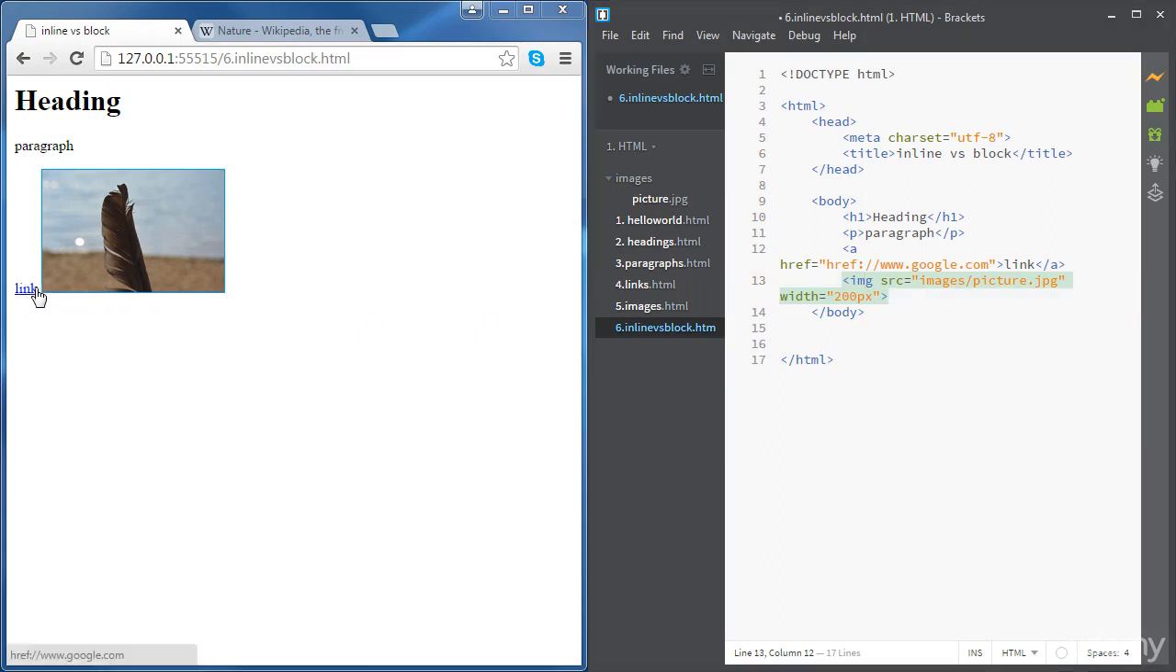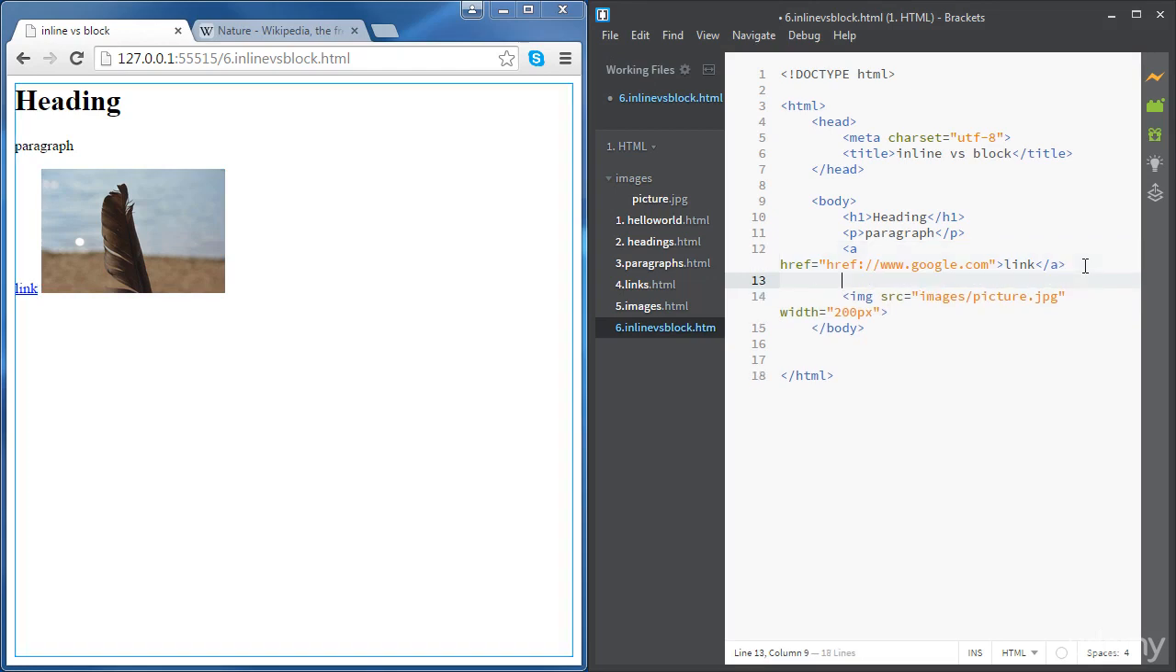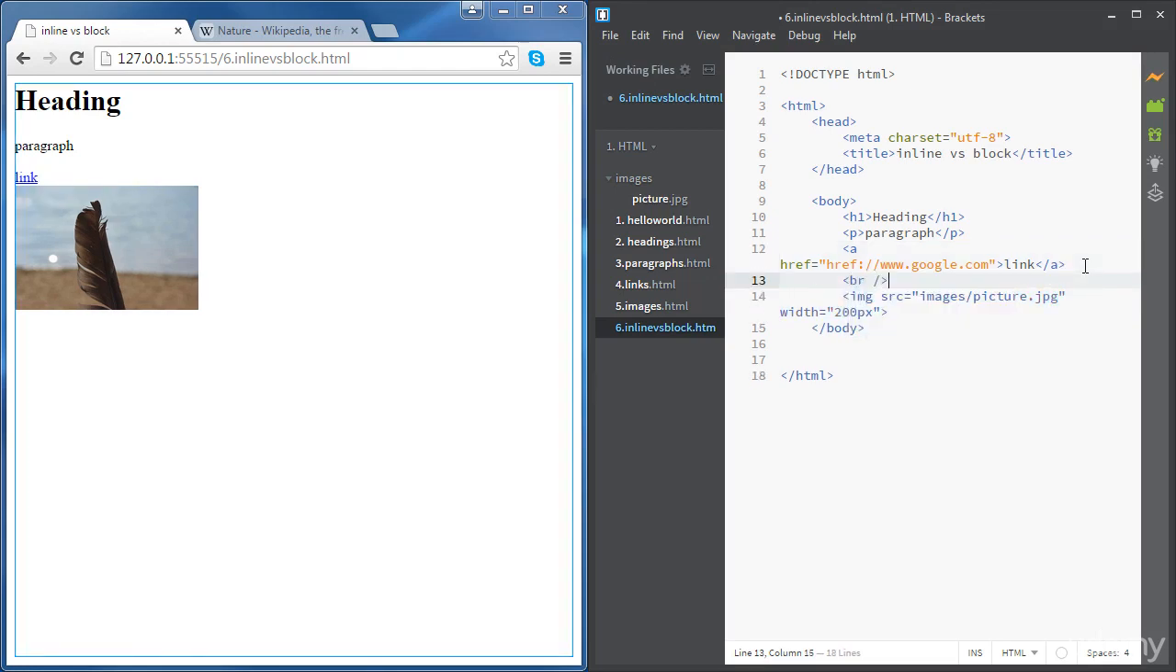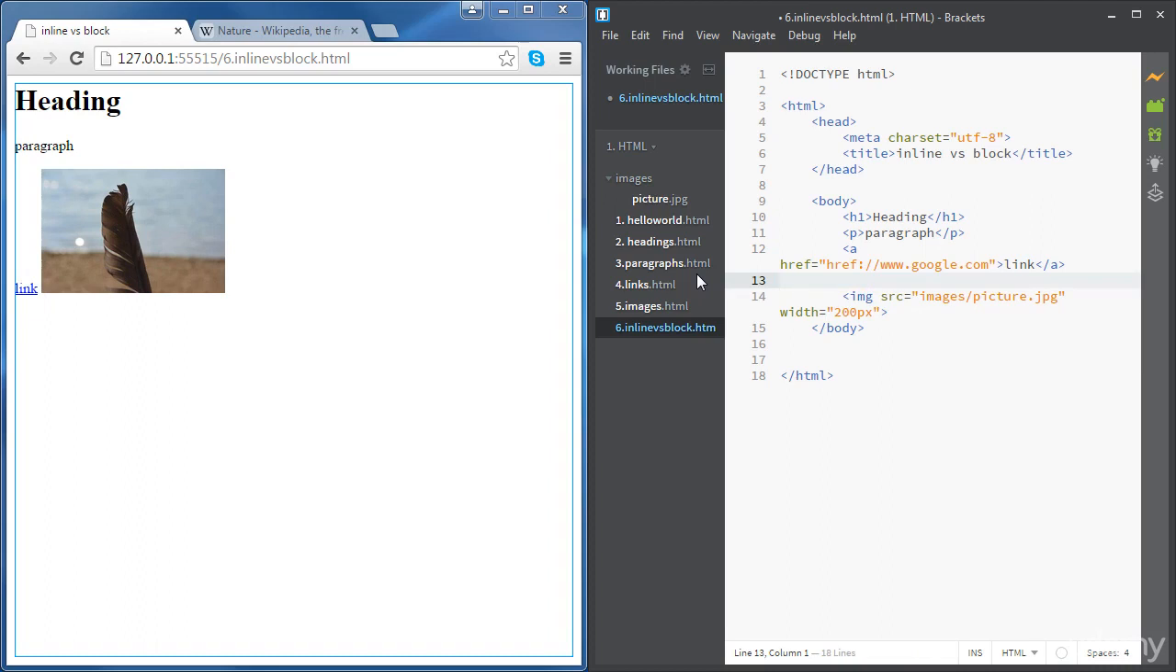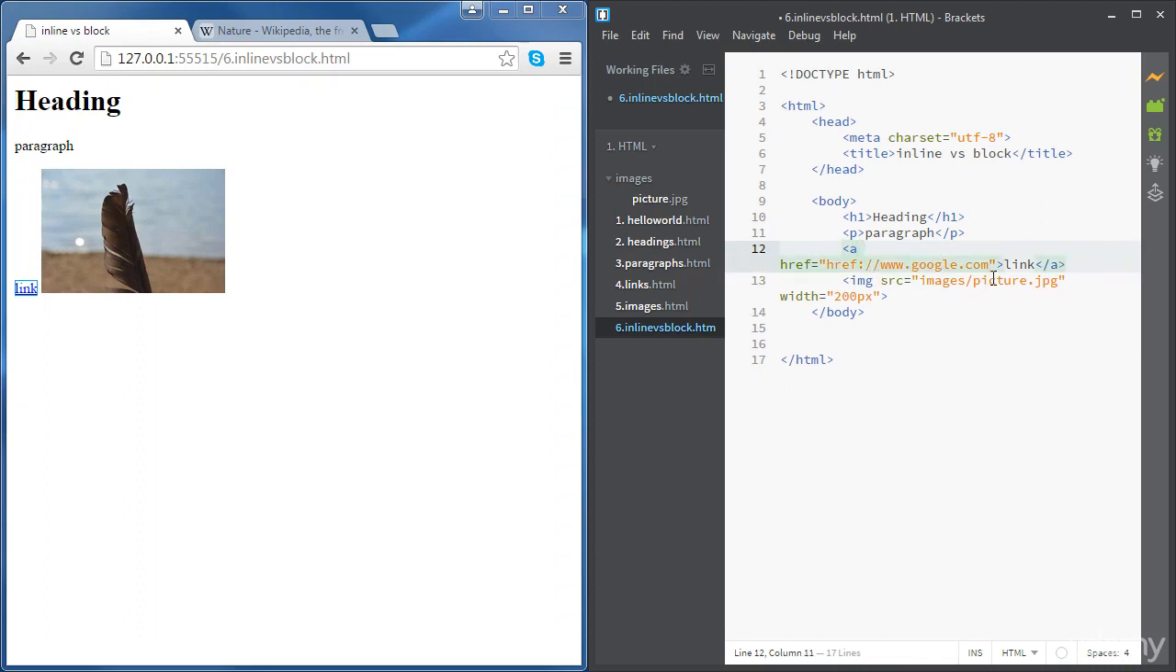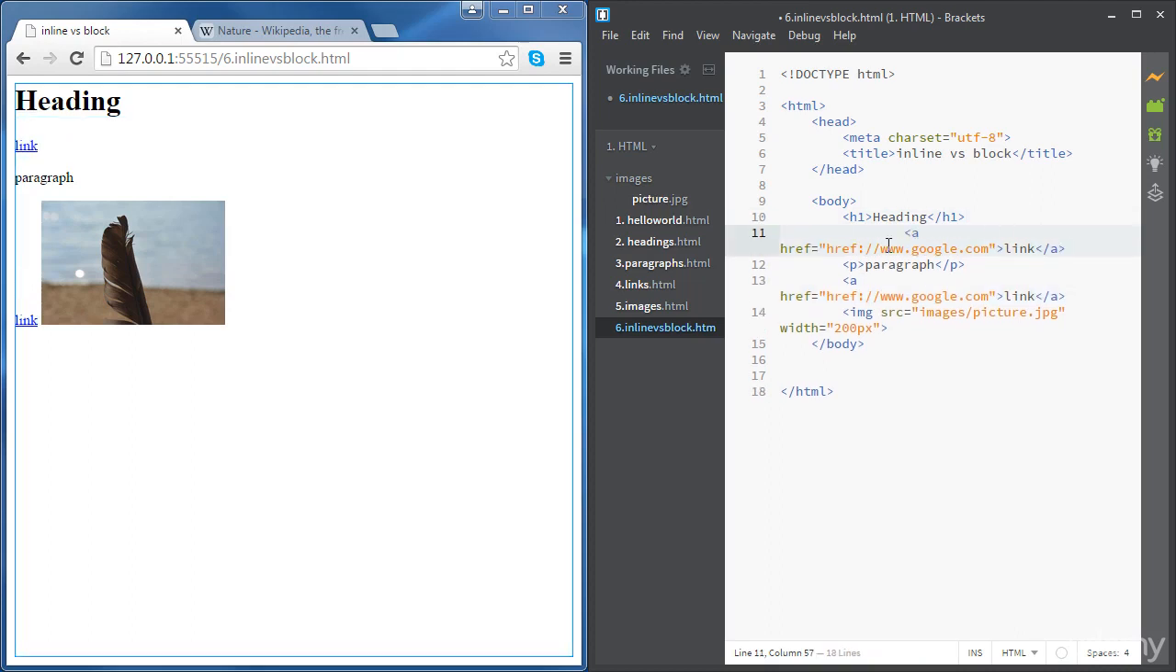So if we want to have a line break between the link and the picture, all we need to do is place a line break in there using the BR tag. Okay, and now we can see that we've got a line break there. Okay, let's get rid of that for now. Also, if you place the link between the heading and the paragraph, you will see that the link now has a line break before it and a line break after it, but none of them belongs to the link itself. The line break before the link belongs to the heading, and